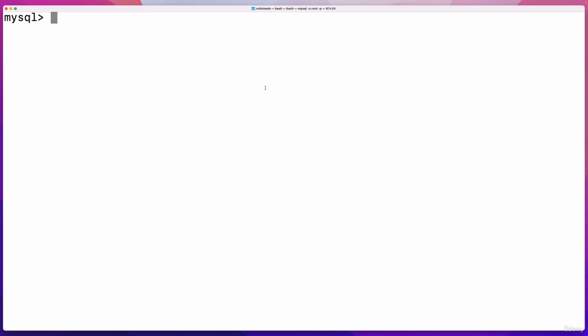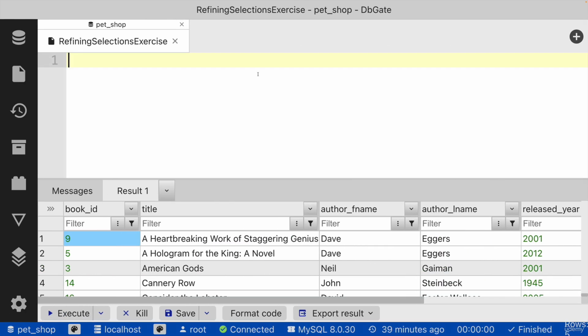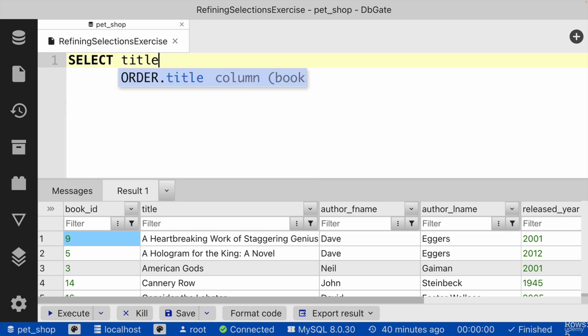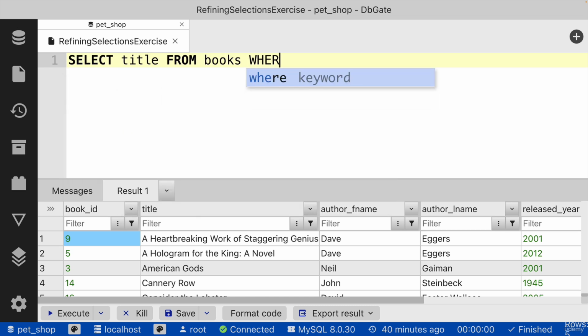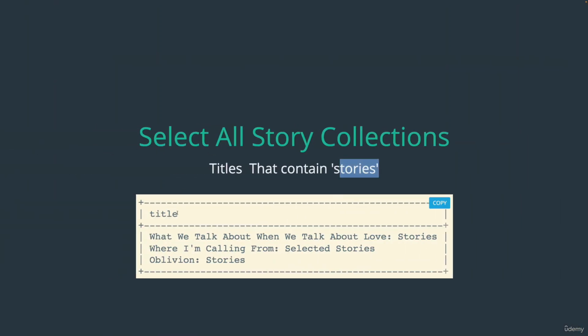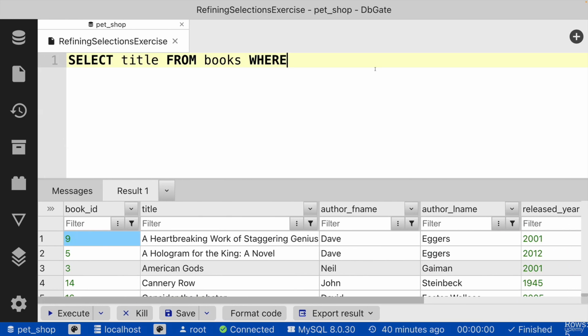I've tried to show a bunch of different options: Workbench, doing it inline here in the shell, and using a tool like dbGate. I'm going to do it this way because I can write these longer queries and have them on multiple lines. It will just look a little nicer for you. But again, the code is exactly the same. So I'm going to select title from books where title like, remember the like operator we just learned,